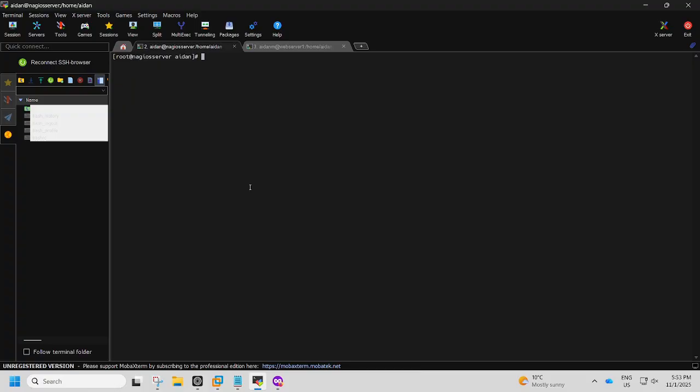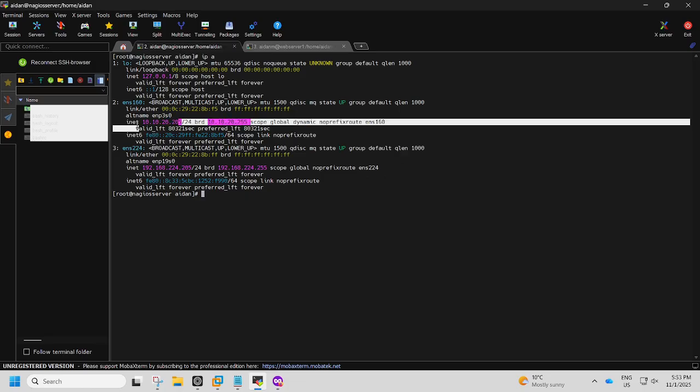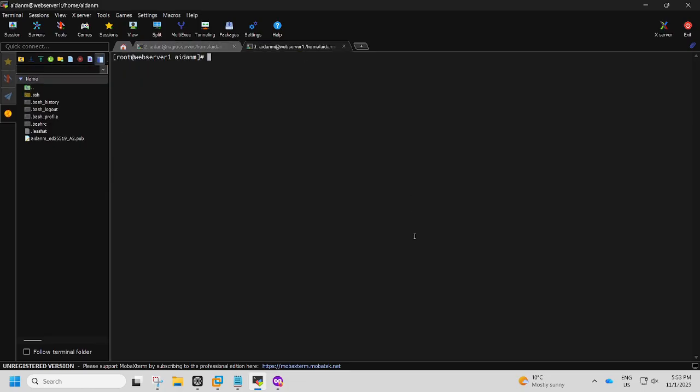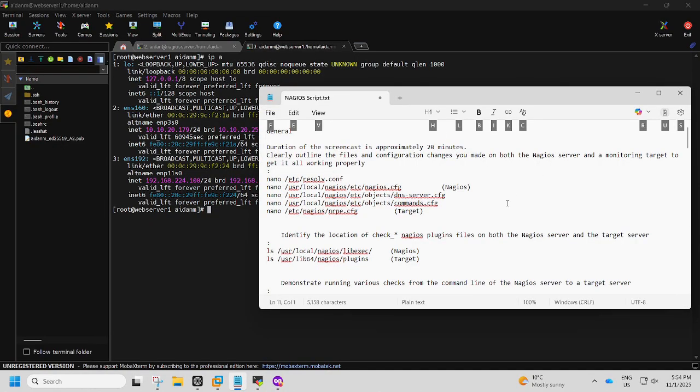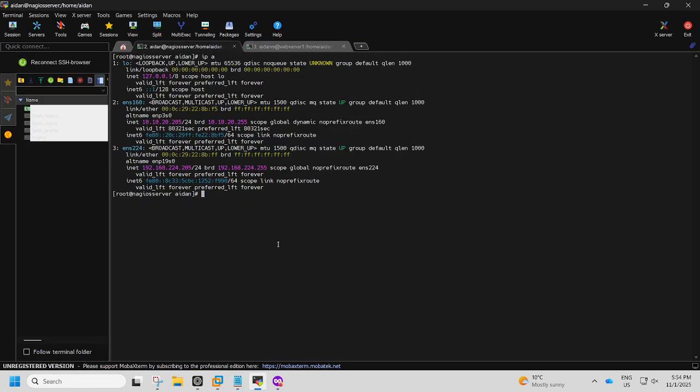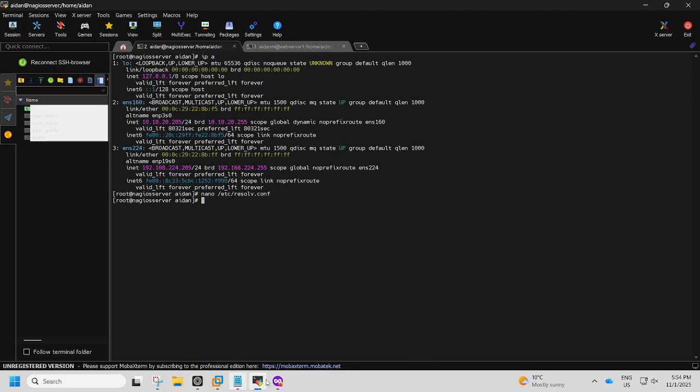I'm just going to be running through a bunch of commands here real quick to show what I've got set up. So this is my Nagios server, which is going to be the 10.10.22.05 IP, and this is my DNS server, which is 10.10.20.176. I've just got everything laid out here so I can breeze through all of the commands I need to show. So I started with changing this Nagios server to use my DNS server specifically for redirecting,